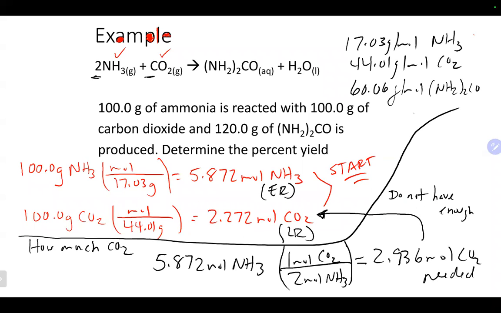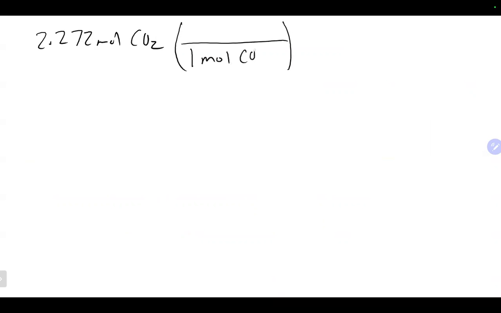Now that we've determined which one is our limiting reagent, we can now figure out how much product to make. Again, we want to make sure that we are using the starting amount, not the number over here. And I'll just flip the page here. So that's going to be 2.272 moles of CO2, which is our limiting. We can now do the mole to mole relationship between the CO2 and our product, which I believe is a 1-to-1 on that one. 1 mole of CO2 to 1 mole of our product. And again, that comes from the balanced equation. Those are going to cancel. That gives us 2.272 moles of our product,